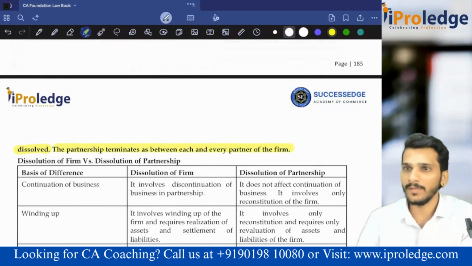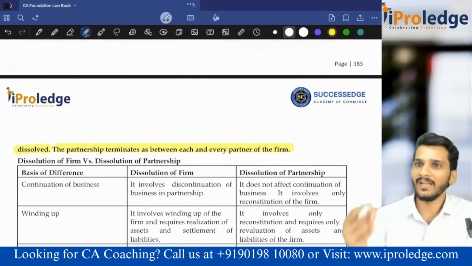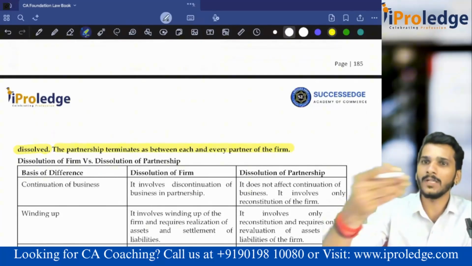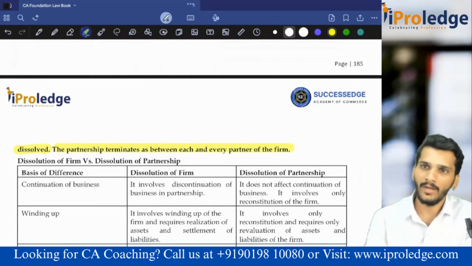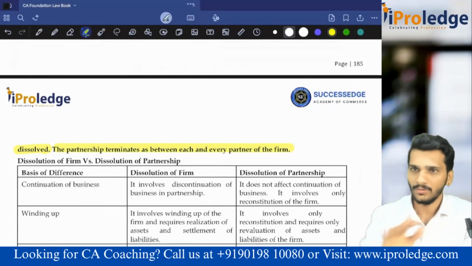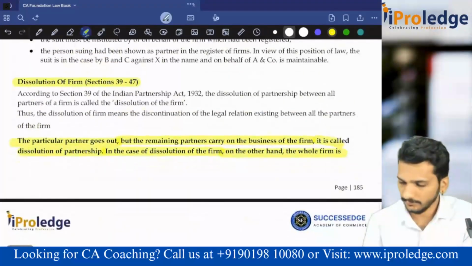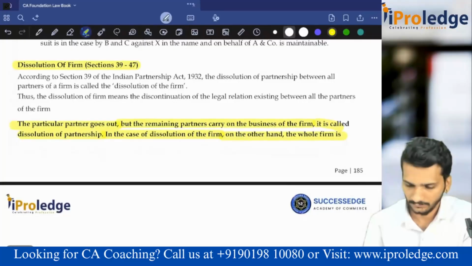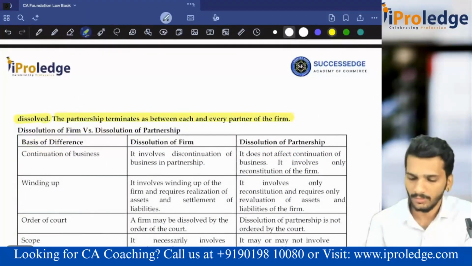But the moment the firm is insolvent, all the partners are also insolvent, because partners have unlimited liability with respect to the firm. When the firm is insolvent, partners do not have the money to bring to the firm. That is why it is insolvent. Then it is gone. That's okay. Then they have dissolution of the firm versus dissolution of the partnership.